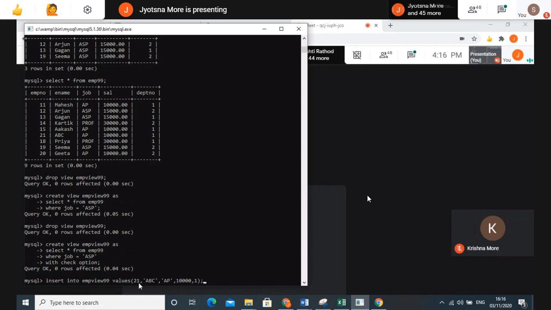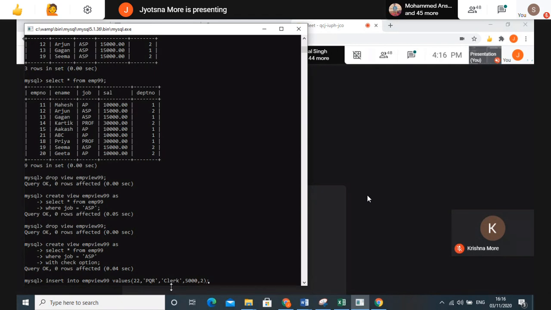Now 21 is already there in my table, so I have to update it. 22. Here you can change the name of the employee. Put your best friend's name over here. Give the new job to your best friend. You can give the lowest job or highest job, that is up to you. Give the salary 5,000 or 50,000 as per your choice. Put him in another department, not in your department.